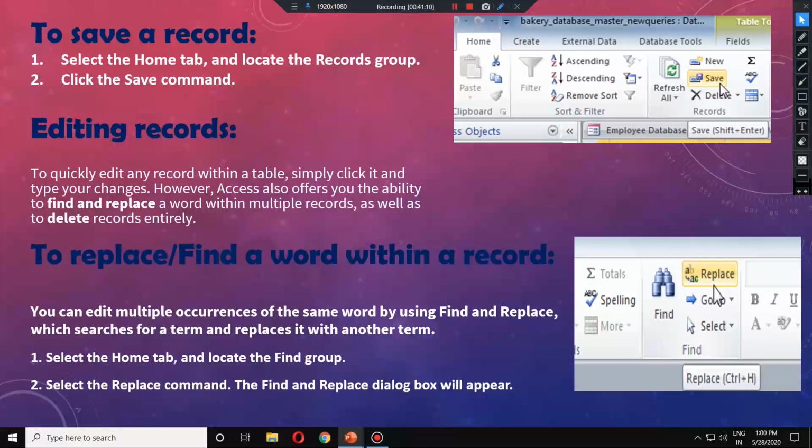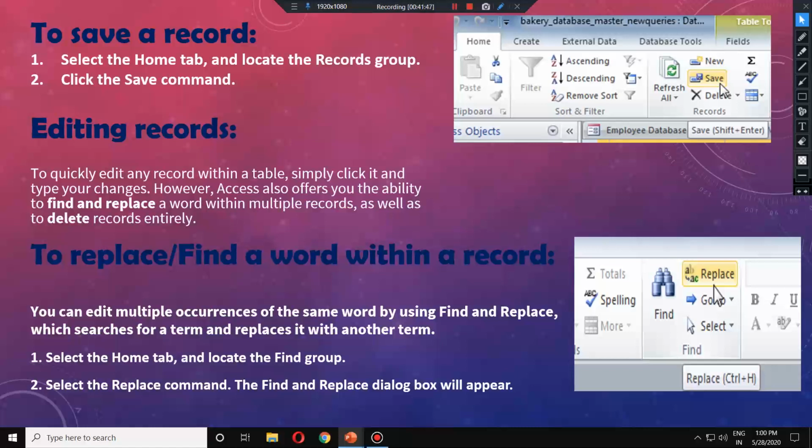Now if we have saved our table making 10 or 20 records, sometimes the issue is that we find something has gone wrong and we have written something wrong. Suppose somebody was Abhishek Verma and we have written Abhishek Singh, so that will be difficult if you go through like that. So we can also change, replace, or find whatever we want in our database. So editing is very easy. For editing, just go to the name where Singh or Verma is written, double click it and change that name from Singh to Verma or anything.